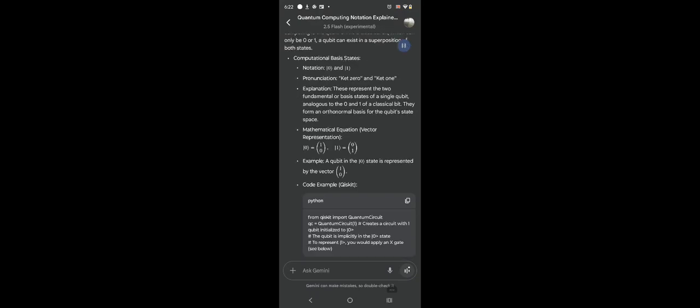Mathematical equation: vector representation. Example: a qubit in the 0 state is represented by the vector begin pmatrix 1 0 end pmatrix, and ket 1 is begin pmatrix 0 1 end pmatrix. Code example: Qiskit. Superposition states. Notation: psi, pronounced ket psi. So ket 0 and ket 1 both are column vectors. Explanation: represents a general state of a single qubit, which can be a linear combination, superposition,